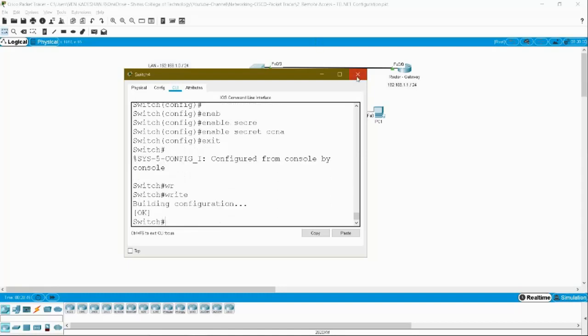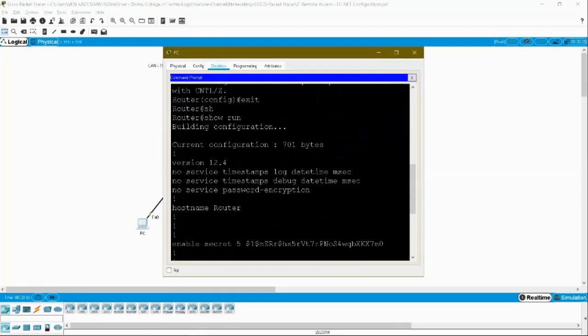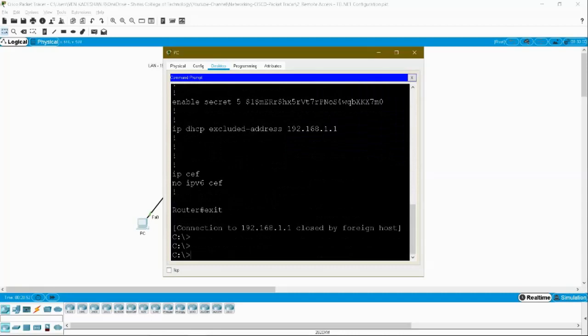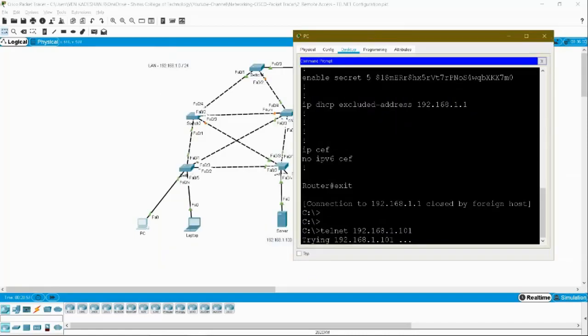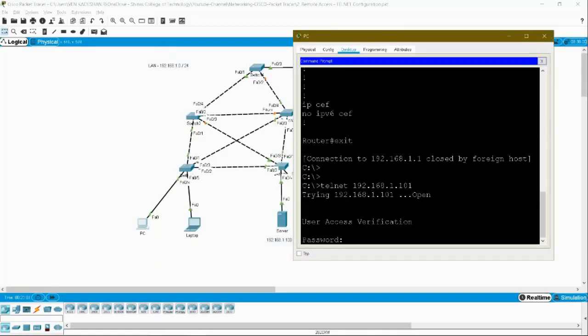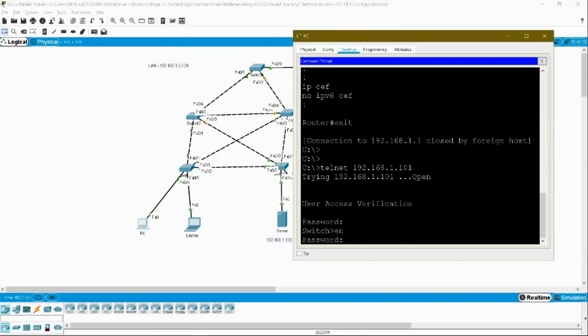Now go to your PC, command prompt. Now telnet 192.168.1.101. Now I am trying to connect to my switch. Okay, enter. So CCNA is my password to connect to my switch, and enable, again CCNA is my privilege level password.